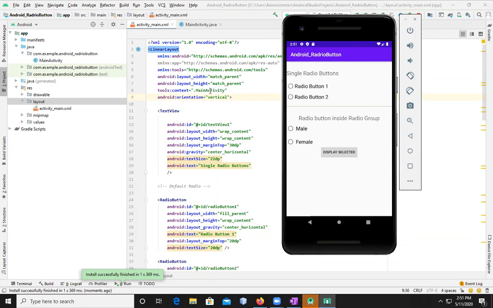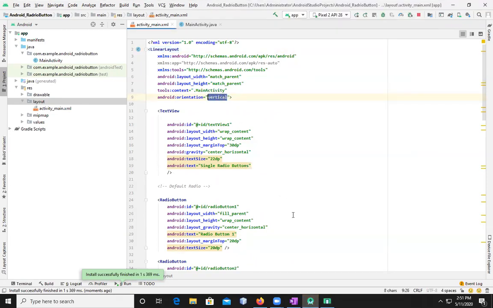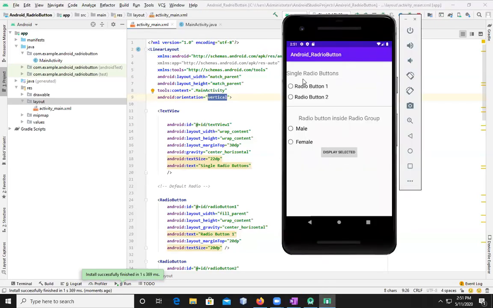So this is the main important thing here. You need to add the orientation vertical. So you can see single radio buttons. This is one, this is second. And then you can see radio button inside. When you click on it, you cannot uncheck it. You can see